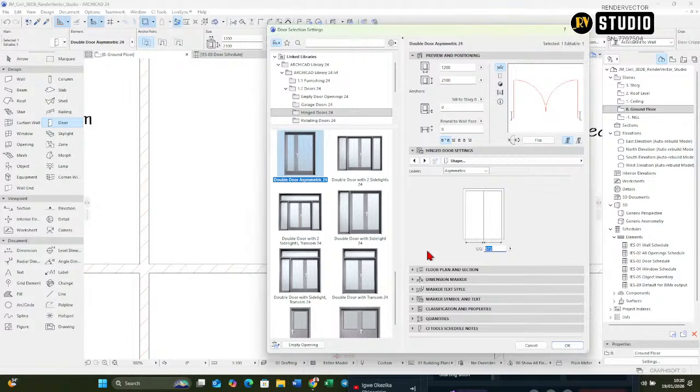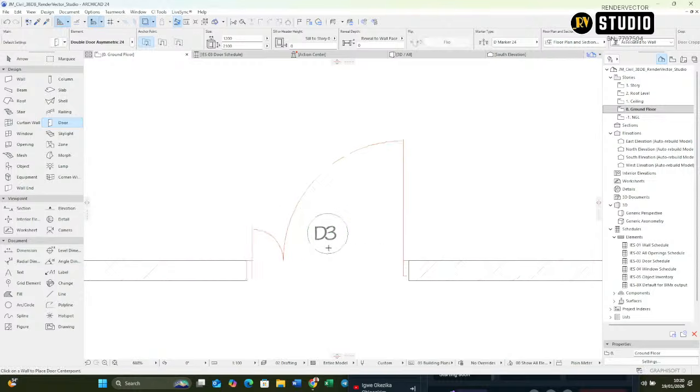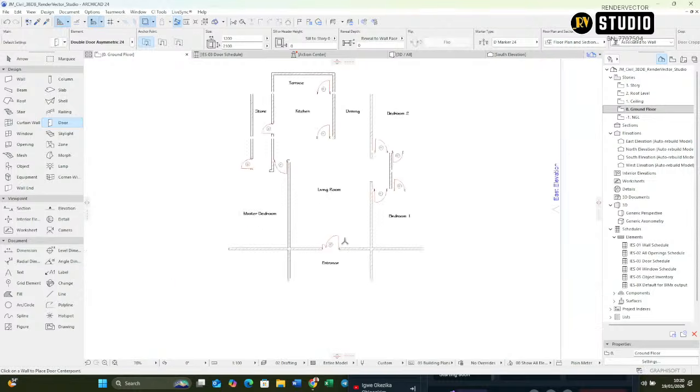No, one should be 900. So if one is 900, now this is it. You press OK. Now this is our D3. Is that clear? So now Control S, save your work, and then you go